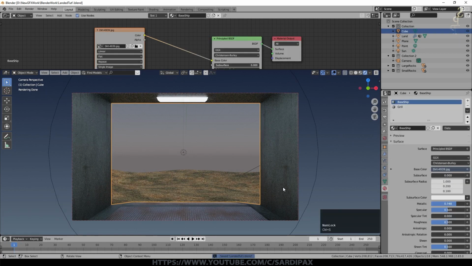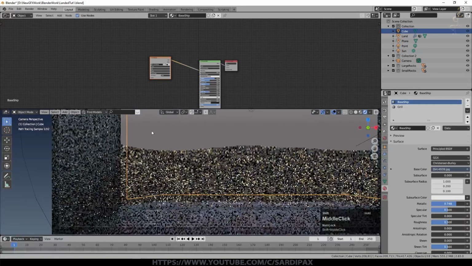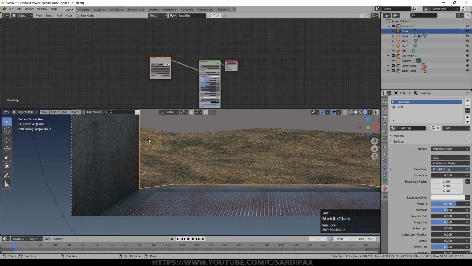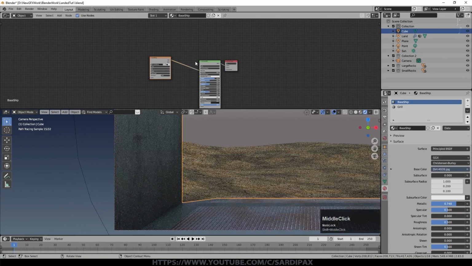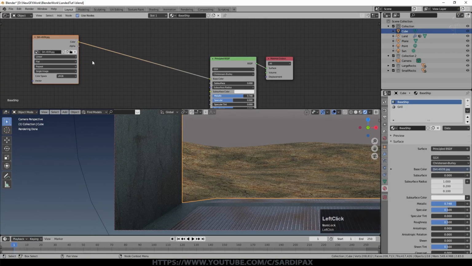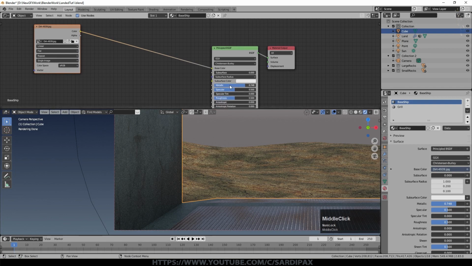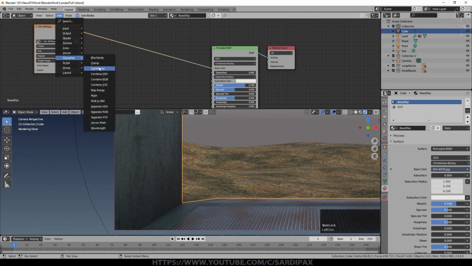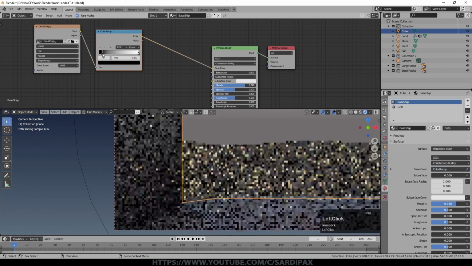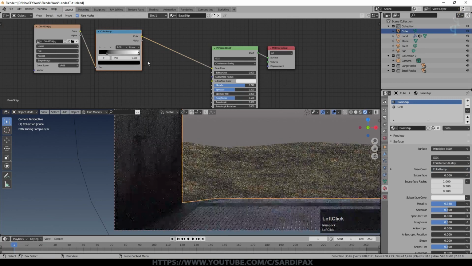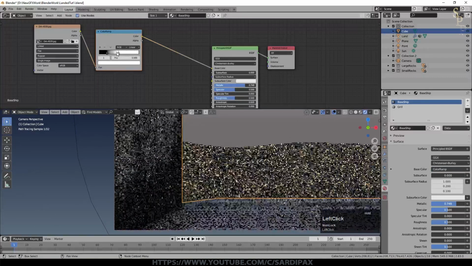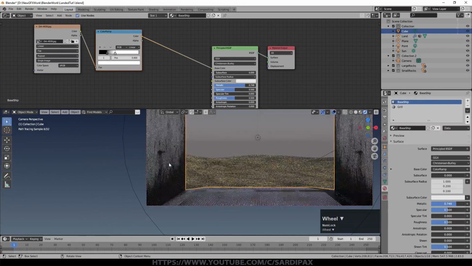So now we can see a lot more of the inside of our ship, and we can do some more work on the material. So I'm just going to come to one part where we can see reasonably well some of this material. So all we've got is this sort of concrete texture on there at the moment, but we've got a metallic on there as well, which is obviously giving it more of a metal sheen. So I'm going to add converter, which is a color ramp, and drop that in there. And now I can use this to improve the contrast on this dirt texture. And there you can see we've got a lot more going on there now.